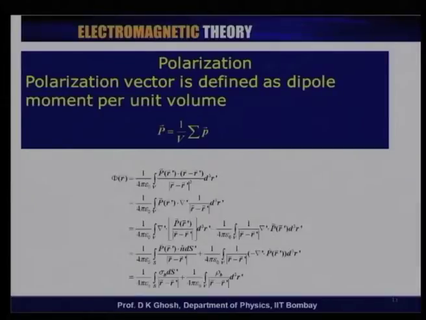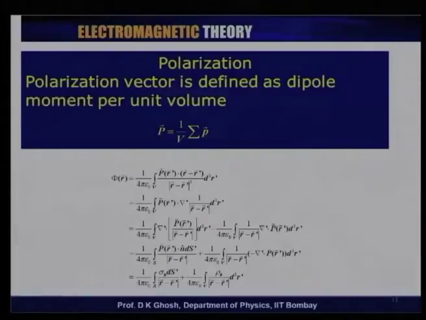We define what is called a polarization vector as a vector sum of the dipole moments in that body. So, vector P is defined, per unit volume, as 1 over V times the sum over all the dipole moments. Okay. Now, let me concentrate on the first term, which, as we have seen, is the total charge term. It is the second term which is the dipole moment term, and today we are going to concentrate only on the polarization or the dipole moment term.